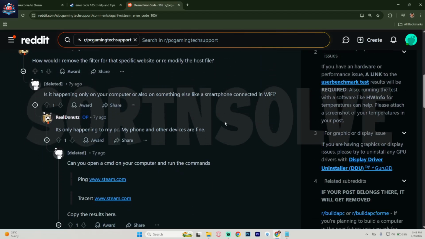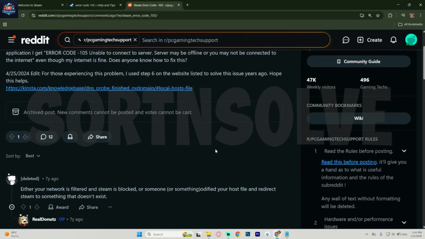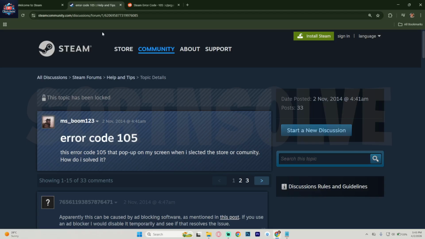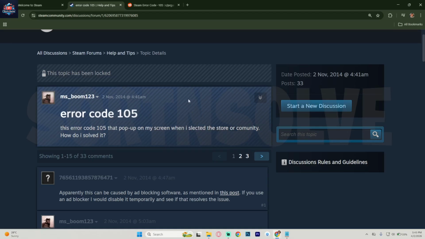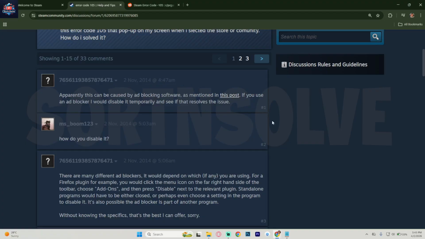After that, clear your Steam web browser cache. Open Steam Settings, go to Web Browser, and click Clear Cache and Cookies. Then restart Steam. Another important step is to temporarily turn off your firewall or antivirus, as they can sometimes block